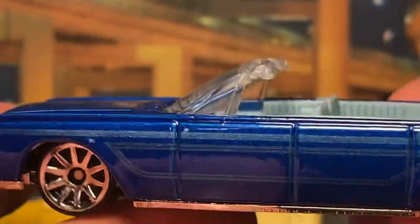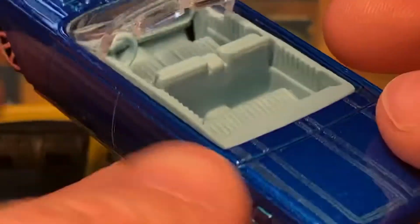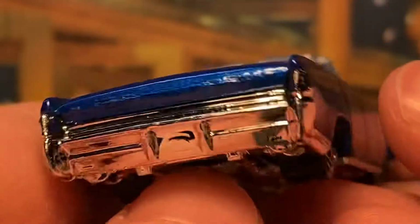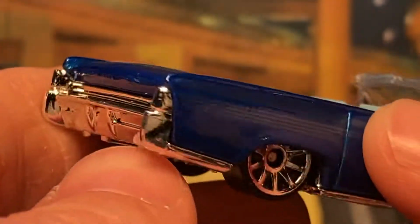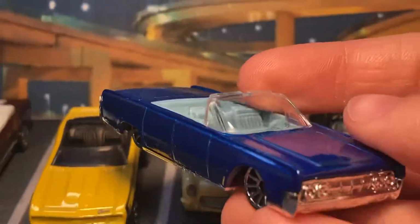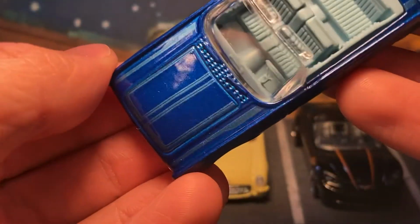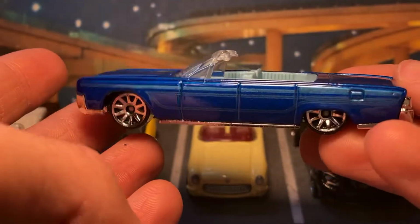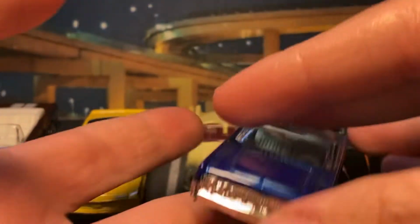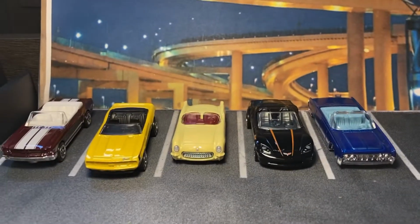I love the low riders and I love the pinstriping on this one. Nice. This one gets a chrome base as well. Look at that, your pinstripes. And I guess everybody's on a lowrider hype after that halftime show at the Super Bowl. They've done this one very well. Nice clear window. Low to the ground, low and slow, right? Of course, got pinstriping on the hood and trunk. Again, a very nicely done vehicle. Continental. Of course, not to scale. It looks a bit small over there, but